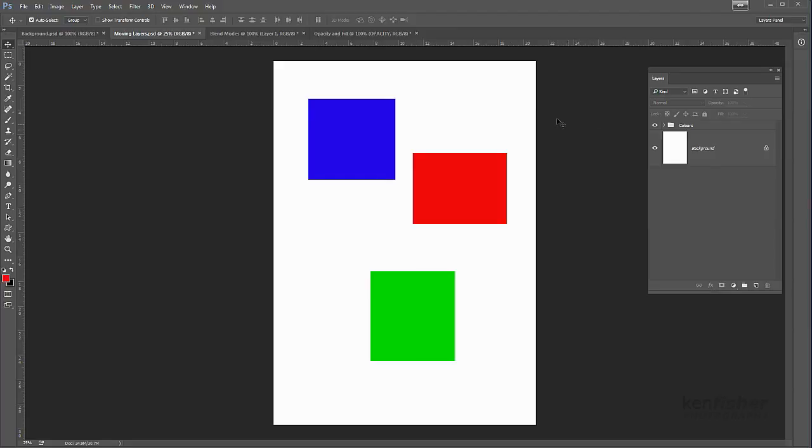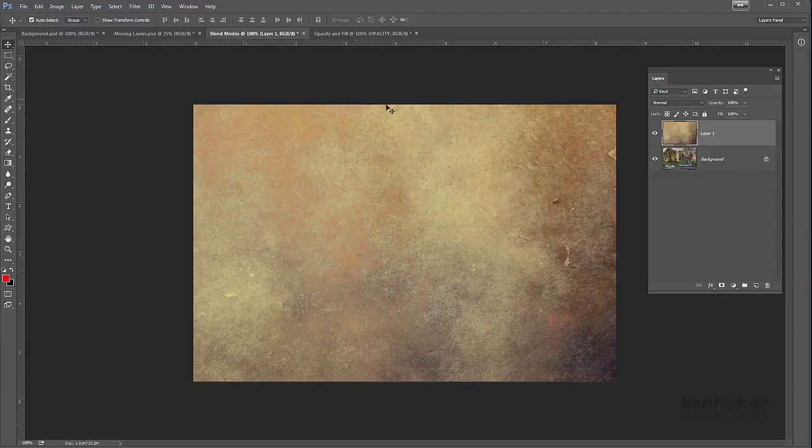Okay, let's move on to blending. Here we've got another image that's got 2 layers in it. We've got our background layer and we've got a layer above it, and obviously we can't see through this layer, so we can't see the image underneath it. But what we can do, we can blend the top layer with the bottom layer, and we do that with